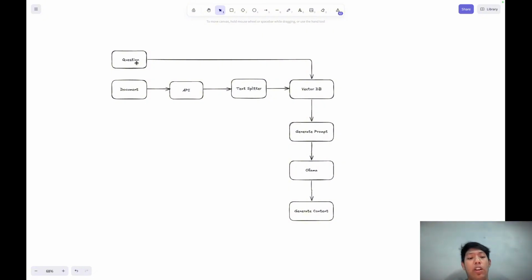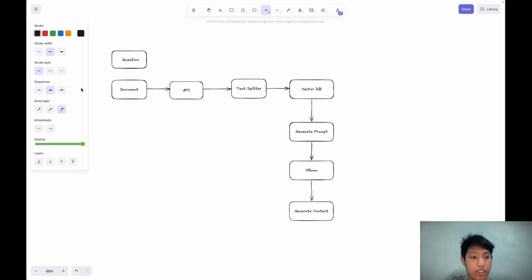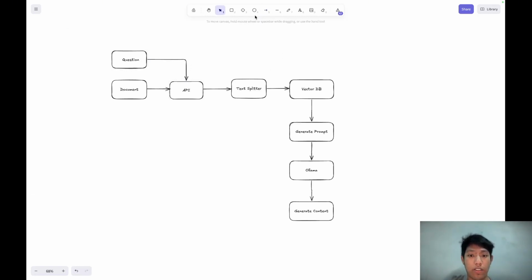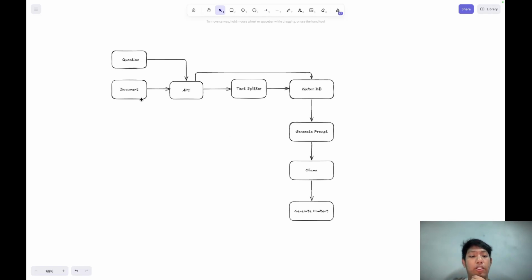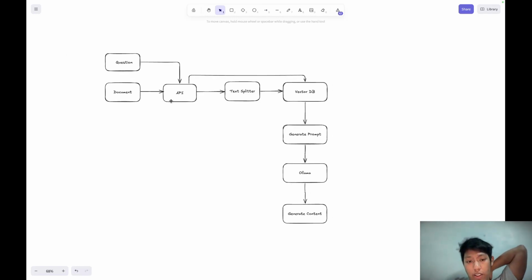Yeah, like that. We have to provide two inputs to our API, the document file and the question. Okay. Then the API. Before that, when we go to the API, the document file has to